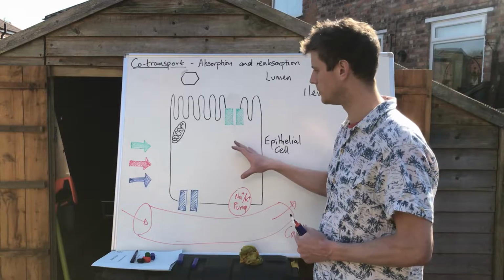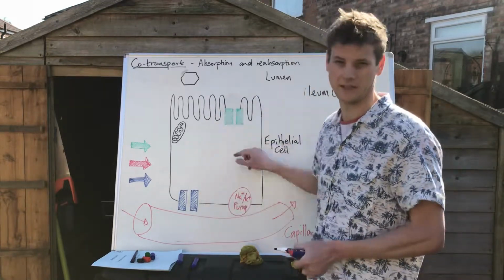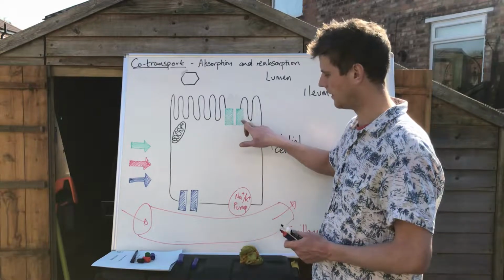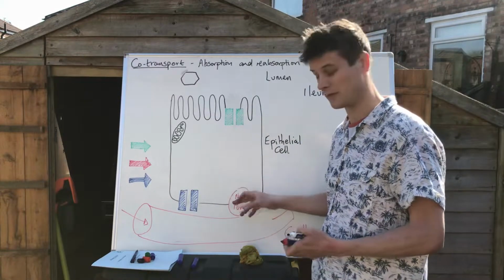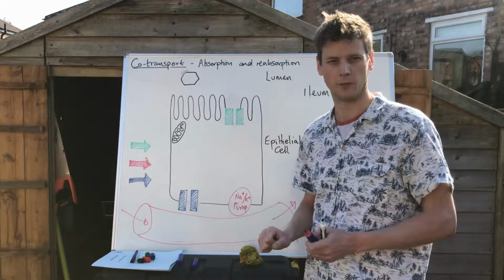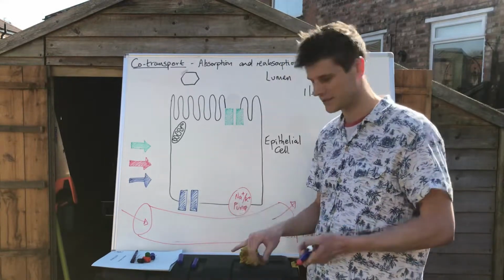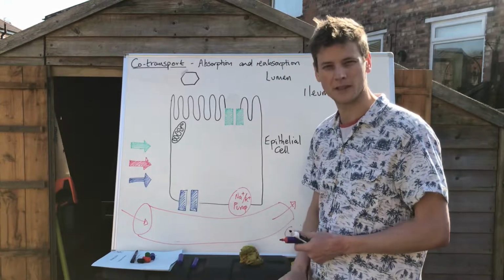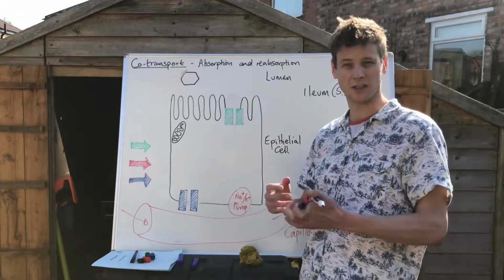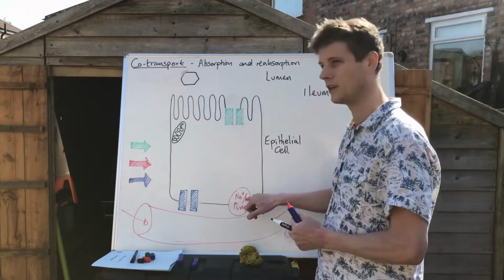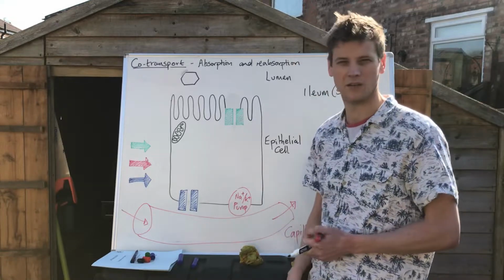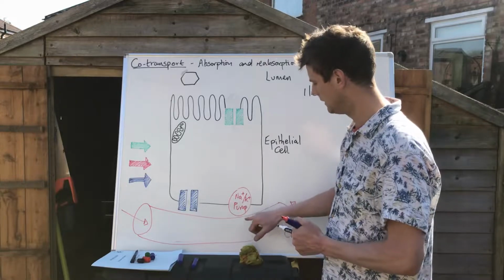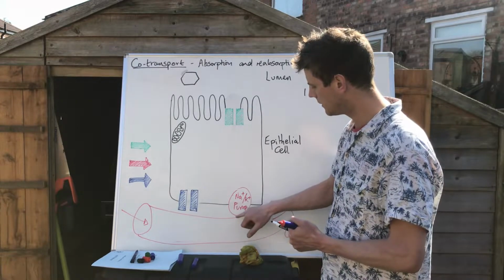You'll see in some textbooks that the sequence of events is numbered. Often that sequence begins up here, but I find it a bit more intuitive if you start at the sodium-potassium pump. So you probably guessed that the sodium-potassium pump exchanges sodium and potassium ions, and in your responses in the exams you must refer to those as ions rather than just sodium or potassium, because we're not talking about lumps of metal that are being transported. So the sodium-potassium pump